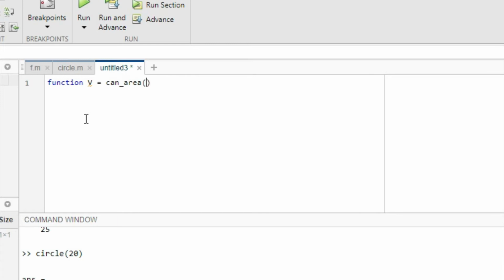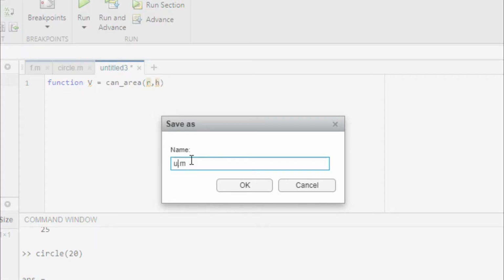In parentheses let's give input. I want to give radius and height, so r and h. So let's save the name of the function as can underscore area.